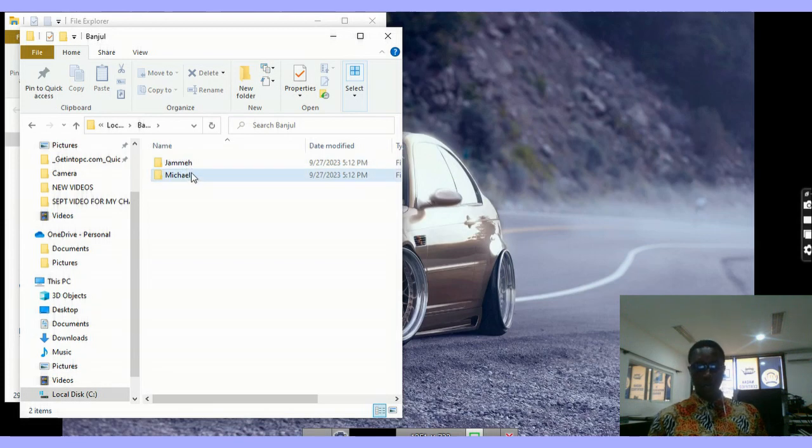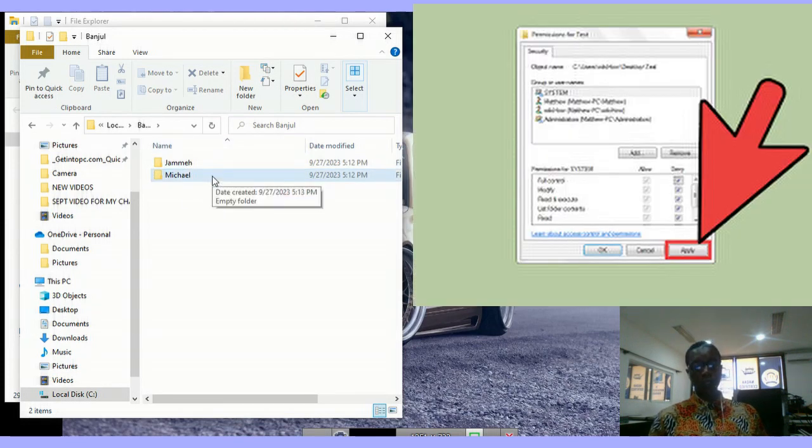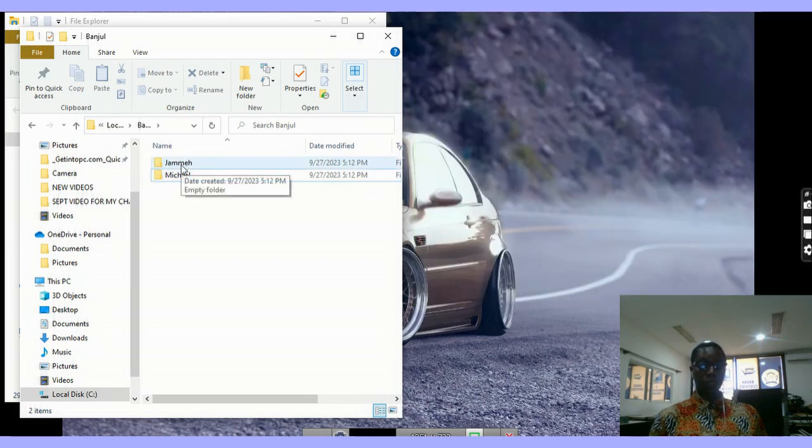So let's learn how to apply that. We are going to apply the NTFS security on them. We are not using the share level permission that is happening on the network. So this is local, whereby the NTFS permission, or NTFS itself, which is New Technology File System, is